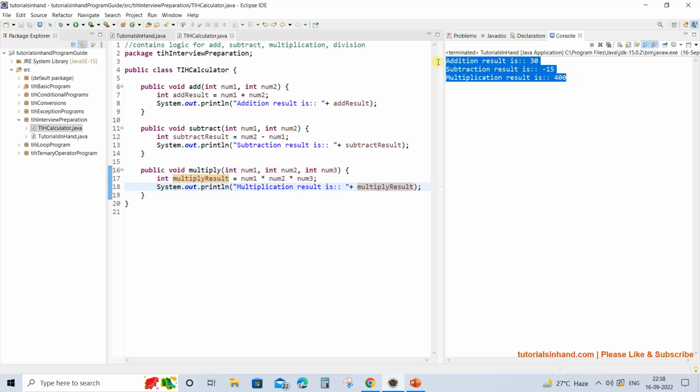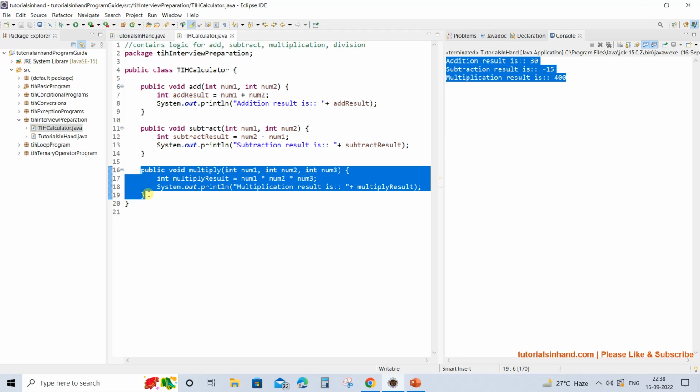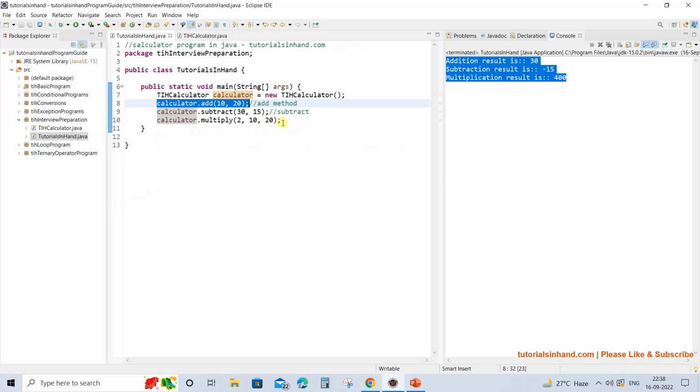For now we do not have any UI, so we are printing the results on the console. I would suggest you add a few more methods like division and modulus and so on, and then call those methods from this place to gain some confidence.